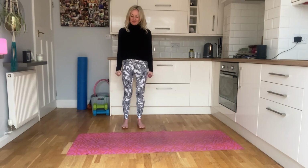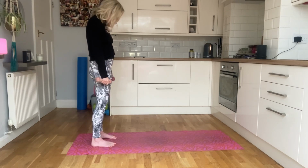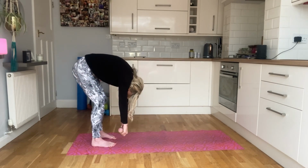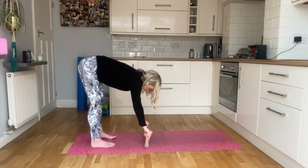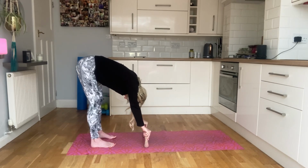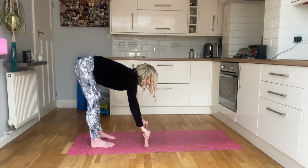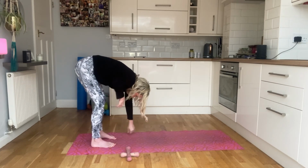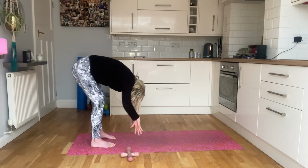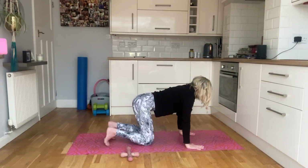Now, step yourself on your mat, legs hip width apart, neutral spine, slowly start to roll down through your spine. When you get to the floor, stand your weights up and look straight ahead. Looking ahead on the in-breath, squeezing the shoulders down the spine to feel a stretch. And then just tucking the chin and rounding down. Pop your weights to one side for the moment, shake the arms out and slowly and carefully walk down the mat. Coming down onto hands and knees